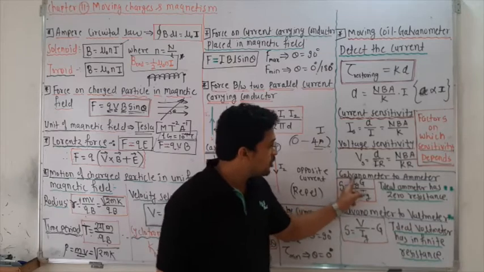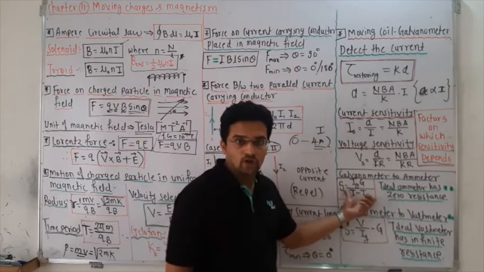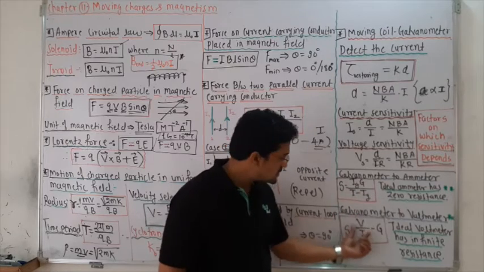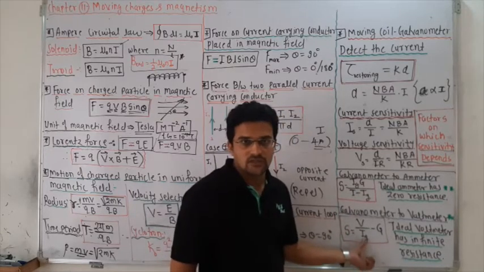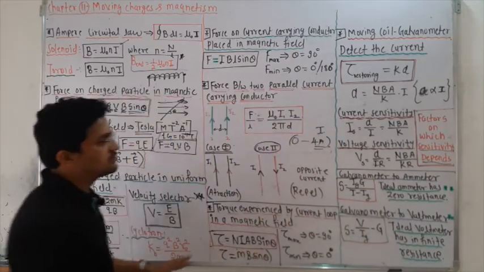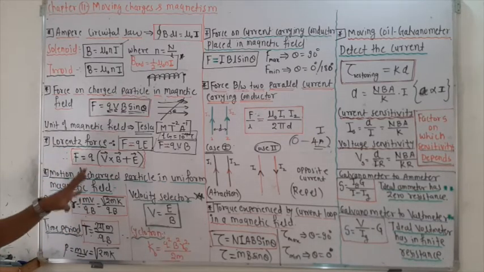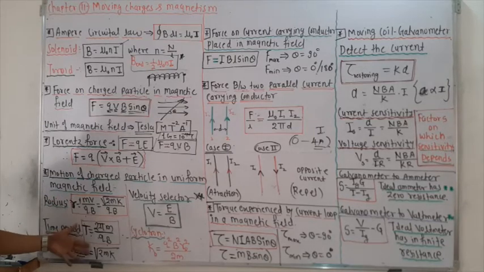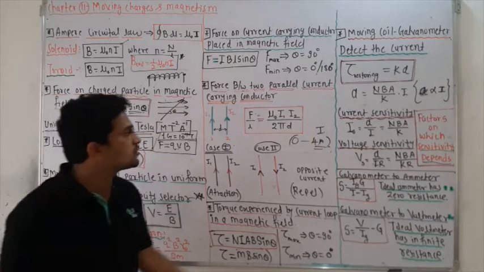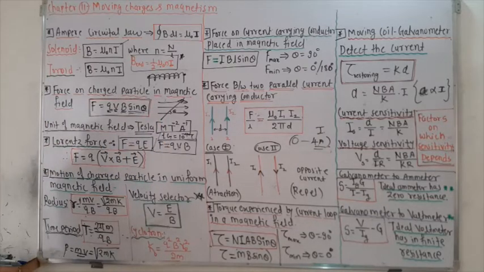And how is the galvanometer connected to make an ammeter? By connecting the shunt resistance in parallel with the galvanometer, and here you have to connect the shunt resistance in series with the galvanometer. Series with the galvanometer for the voltmeter, and parallel with the galvanometer for the ammeter. So remember all these formulas. Just pause the video or take a screenshot and revise all the equations. Especially the Lorentz force and these three equations. And the velocity selector is also important. I hope you understand this well. So just pause the video and see it.